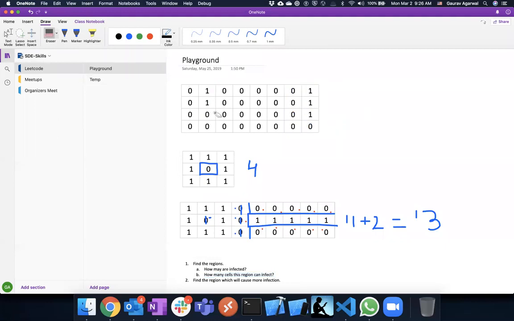I'm just looking at the first example. We perform these two operations. We figured out, yeah, there are two regions. One is right here, one is right here. This will affect 4 cells, this will affect 5 cells. Now what should we do? We need to start creating walls around the region that affects 5 cells.